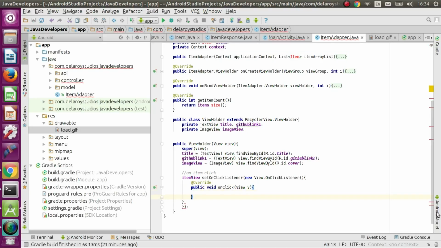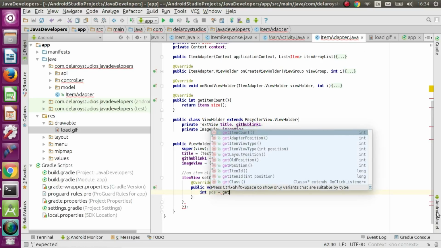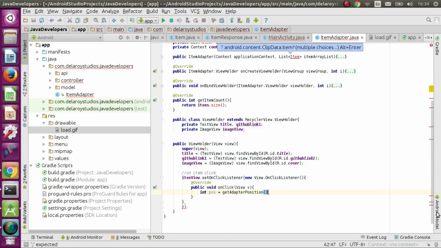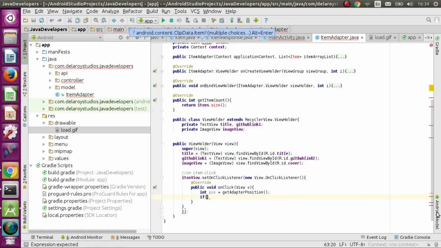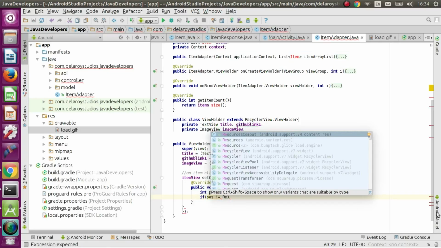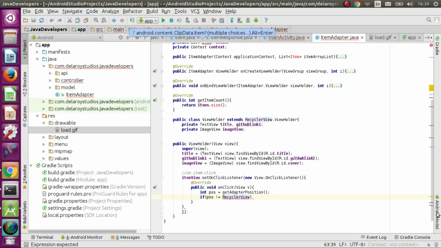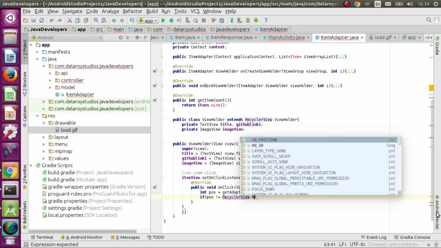Okay, so let's get a position. We'll get the adapter position. We also check if the item still exists, so if the position is not equal to RecyclerView.NO_POSITION,